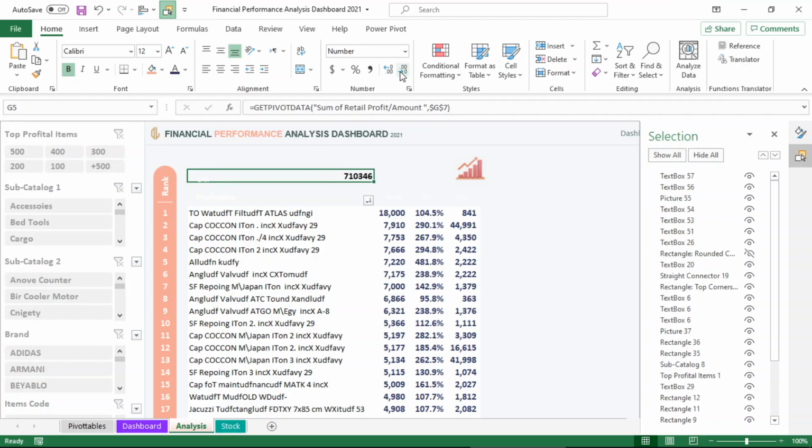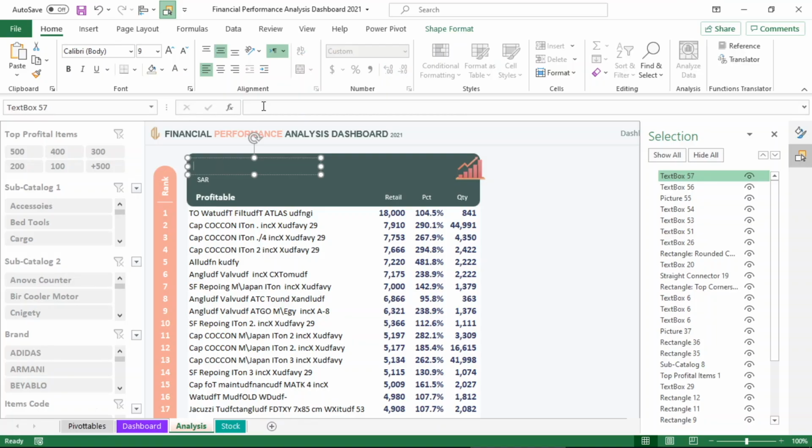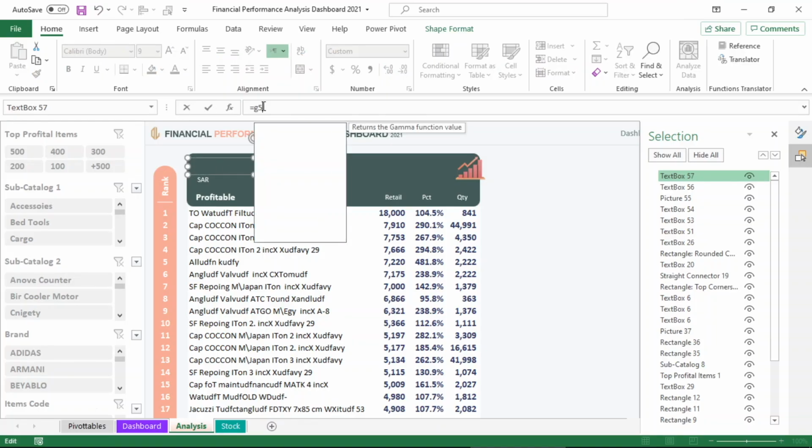Add the best format to display the numbers. Finally, link the text box to the cell.